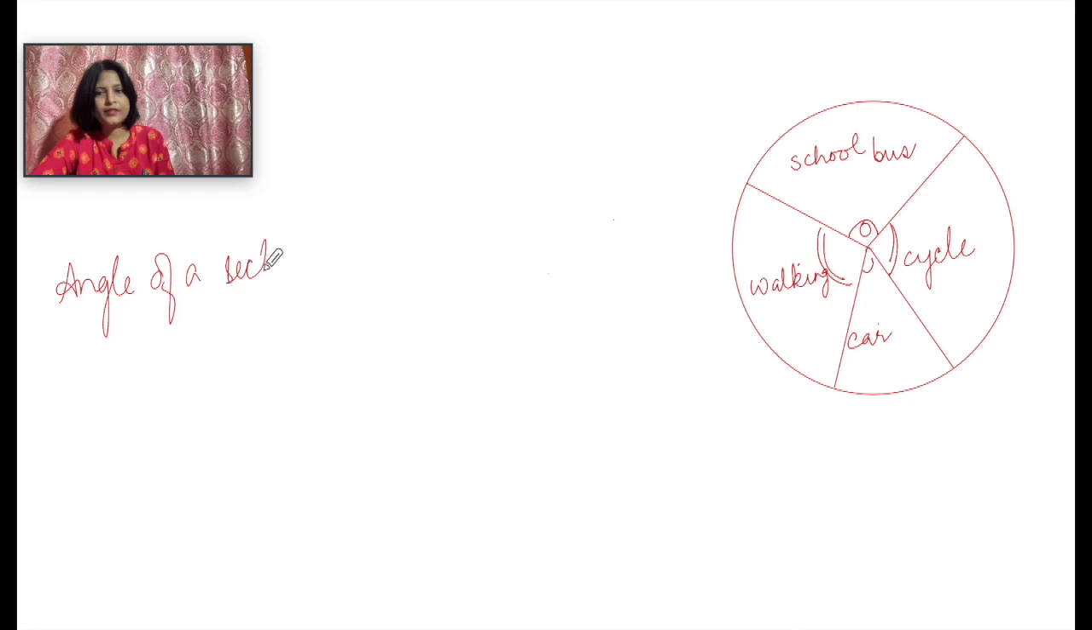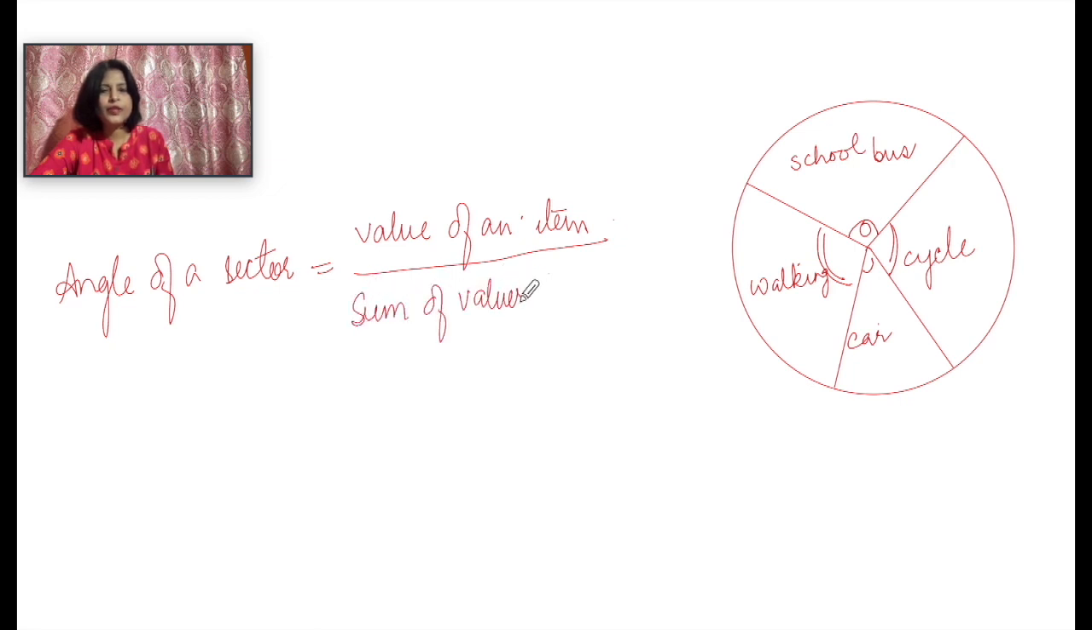angle of a sector equals to value of an item by sum of values of all items into 360 degree. So here if the value of an item is known and sum of the values of all